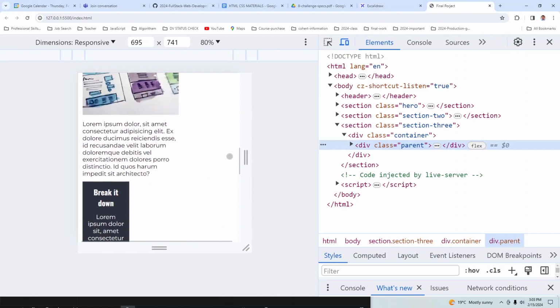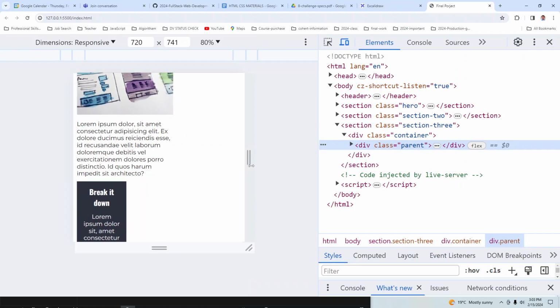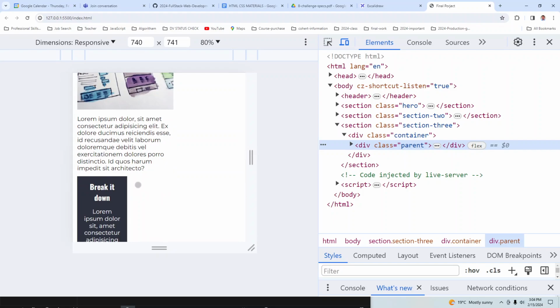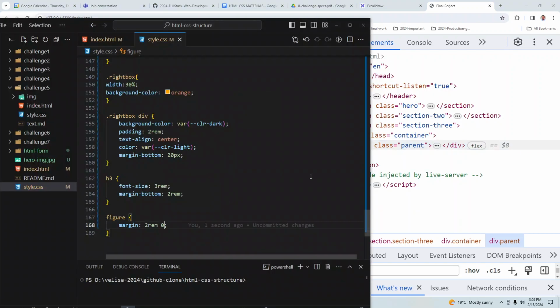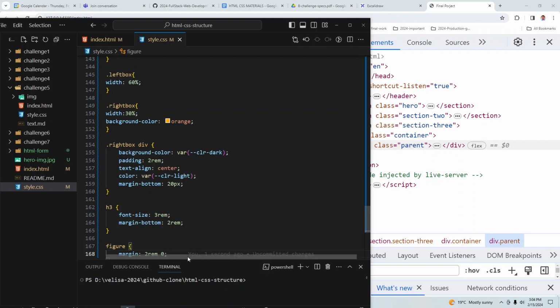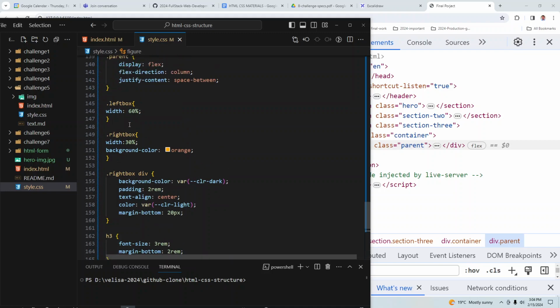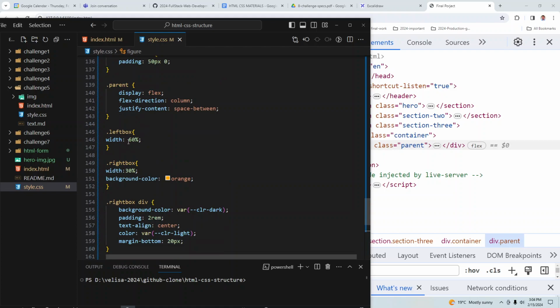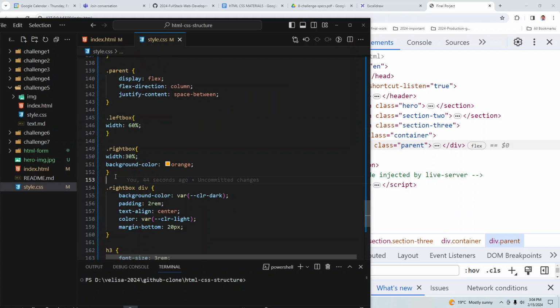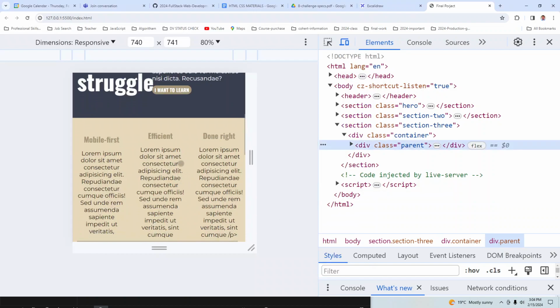You can see now, right? But the only problem is they are acting like 50%, 50%, and you don't want it like that. So that means I have to fix everything. So for a small device, what I can do now, right? There will be no width. I can comment this out for now. So that's why it will